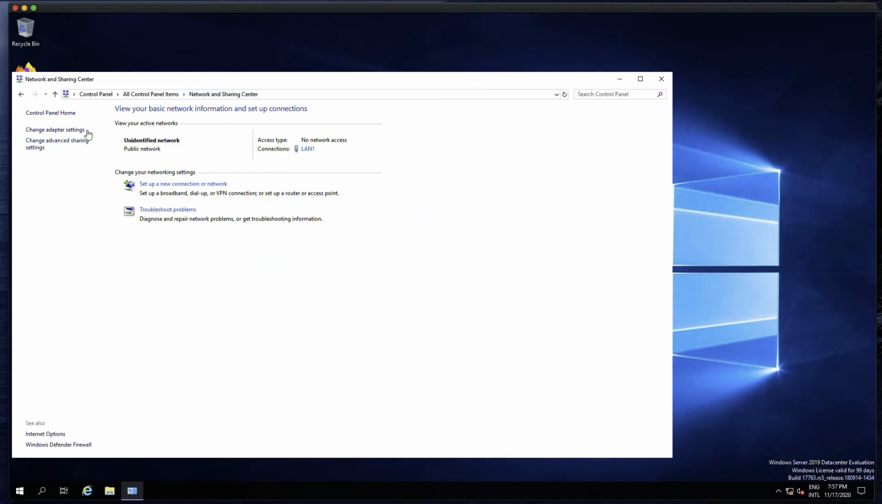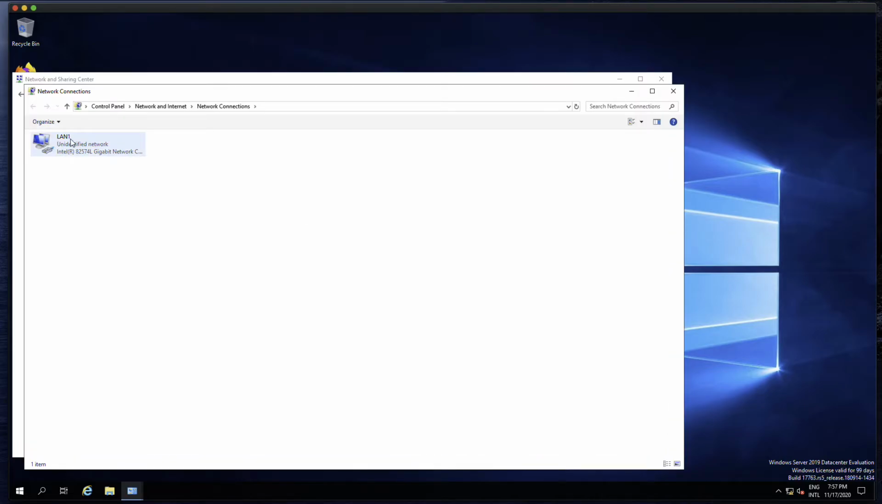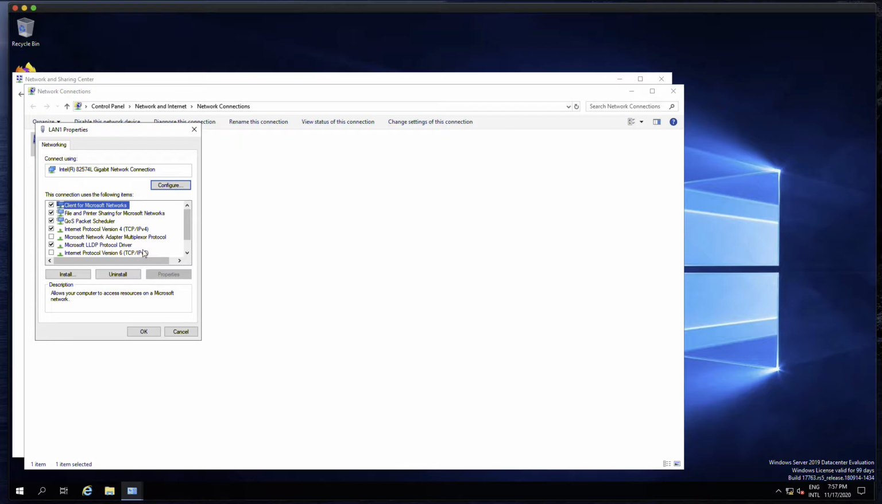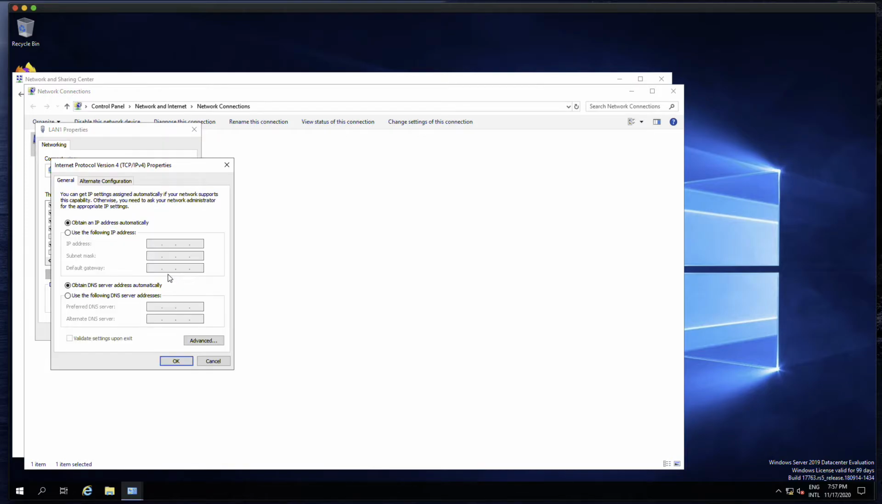Go to Network and Sharing Center, go to Change Adapter Settings. A good practice also would be to rename your network adapter to something that you recognize, because again, in production environments you will have many network adapters on one server, and good practice is to distinguish one from another and their function. So right click on your network adapter, select Properties. I'm going to deselect TCP/IP version 6 because we are not going to use it throughout this lab. I'm going to select TCP/IP version 4, select Properties, use the following IP address,